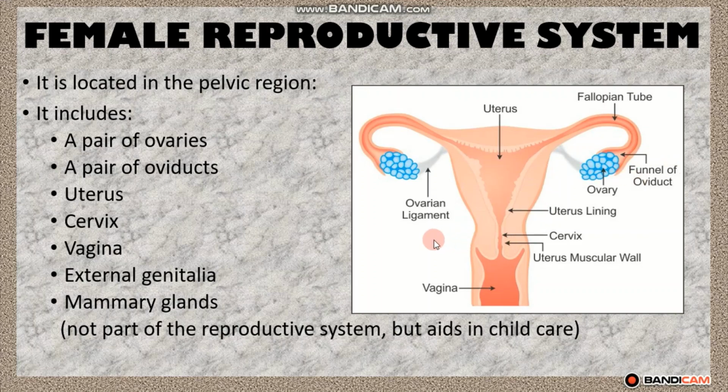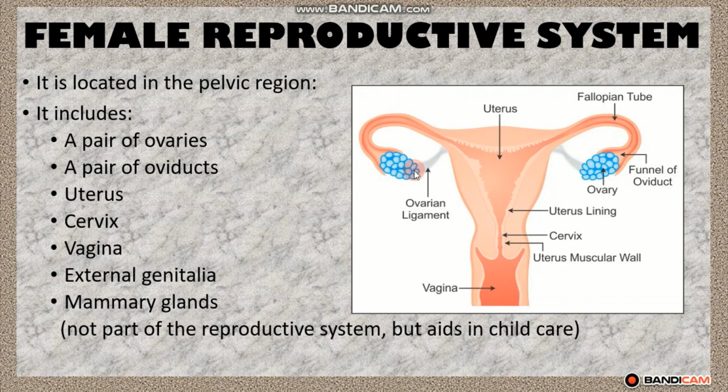So see what are its parts and what are the organs that make the function of reproduction occur. What is the role of each part? Let's discuss this. So first you see there are some organs that are very important in this system. A pair of ovaries, this is the ovary, you see here, this blue colored.